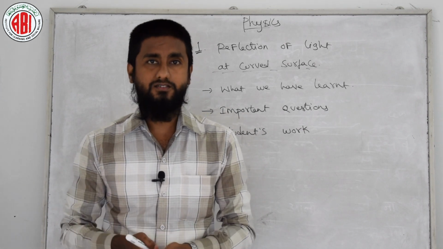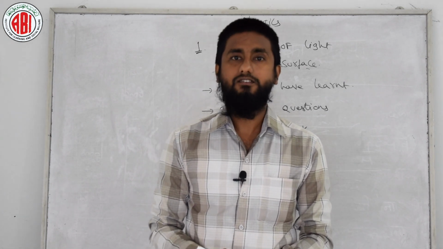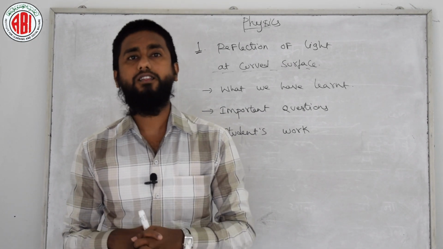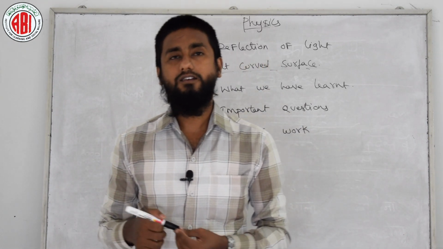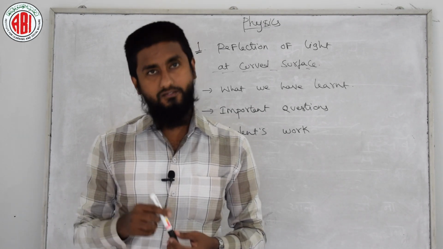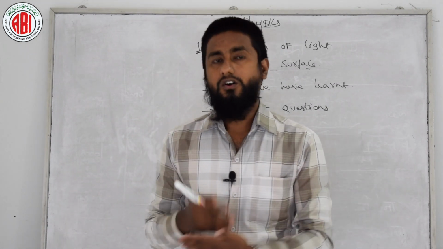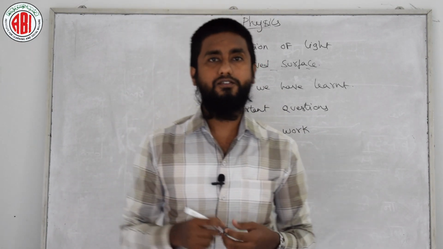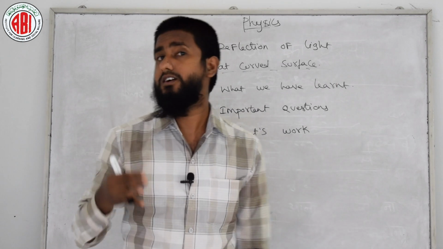After that, we learned about images, the definition of image, as well as what is a real image and what is a virtual image. Apart from this, we have done one experiment: how do you find the focal point or focal length of a concave mirror? We have done this experiment also. Moving on, we learned about the rules of ray diagrams for convex mirror as well as concave mirror. Then we learned about the difference between convex mirror and concave mirror. Apart from this, we learned about the uses of convex and concave mirrors, and we have learned about the solar cooker also. This many things we have learned in this chapter.